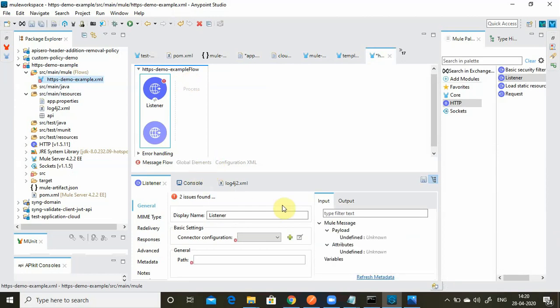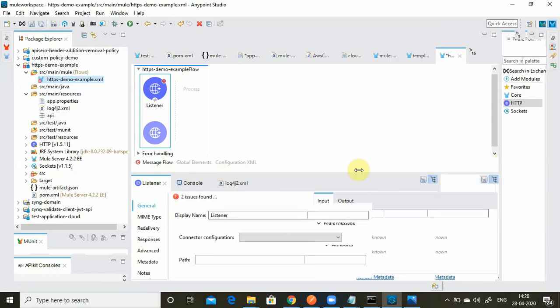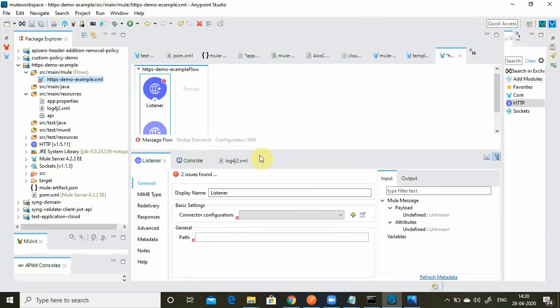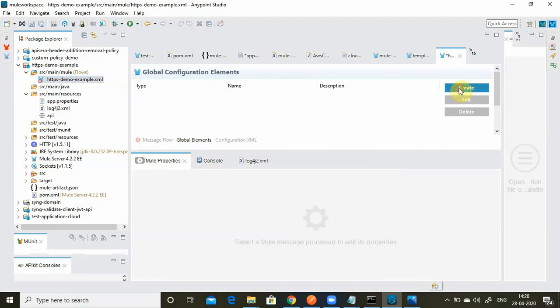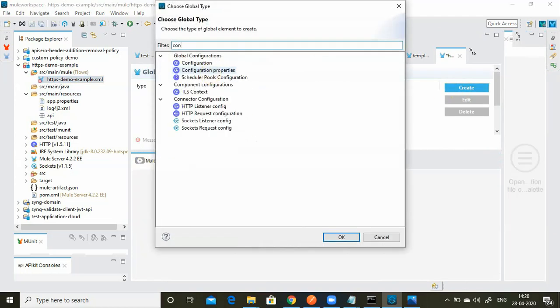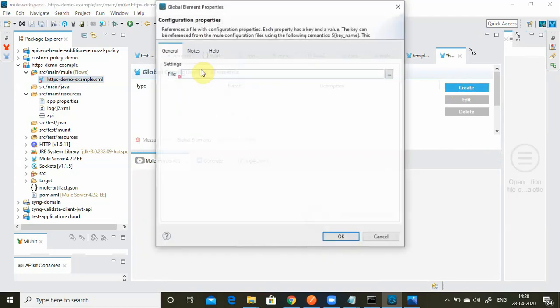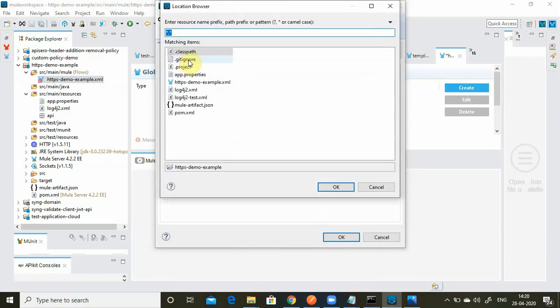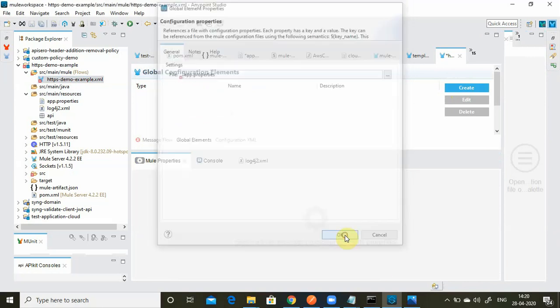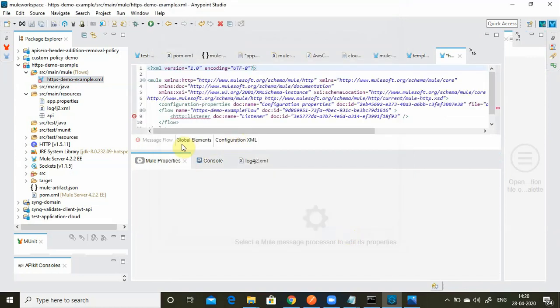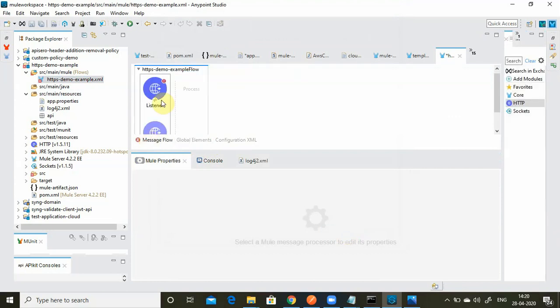Next, I will go to the global element and search for configuration properties, and give the path to my configuration properties, that is app.properties. Now I will start configuring this HTTP listener.